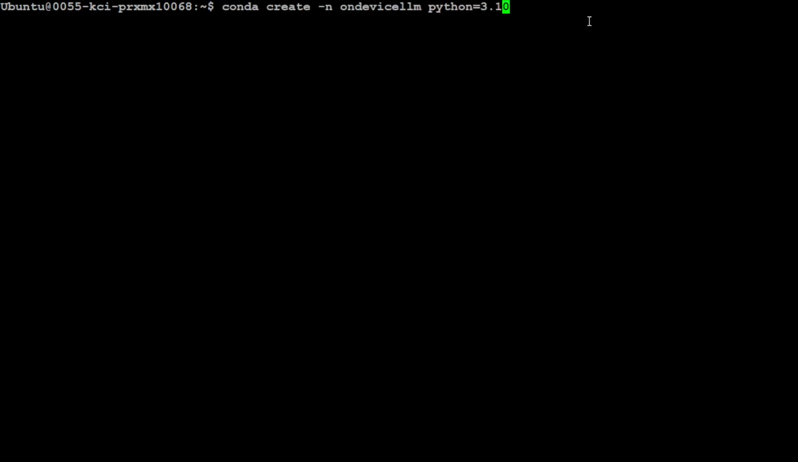Don't go anything above or lower. This is the ideal one in my experiments. I have found it quite stable. Okay, so I already have it on device LLM, so I'm just going to activate that environment just to save